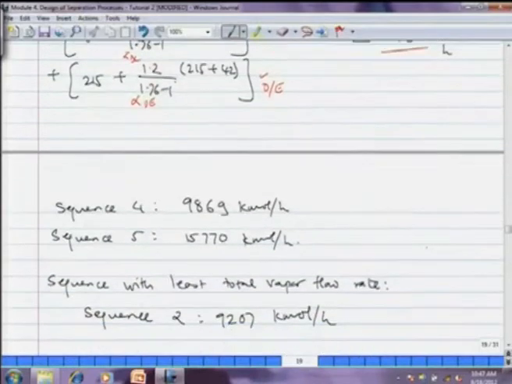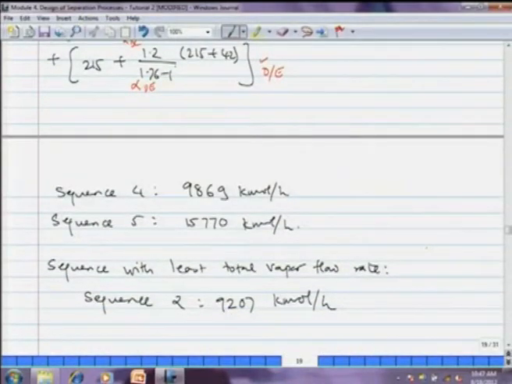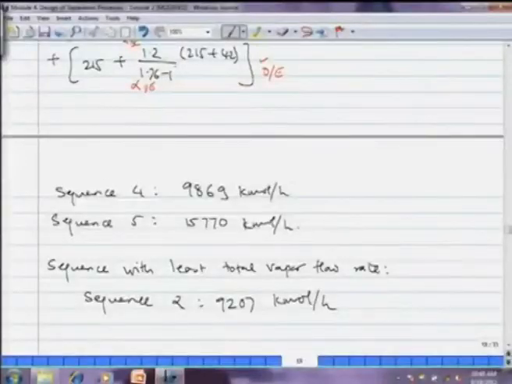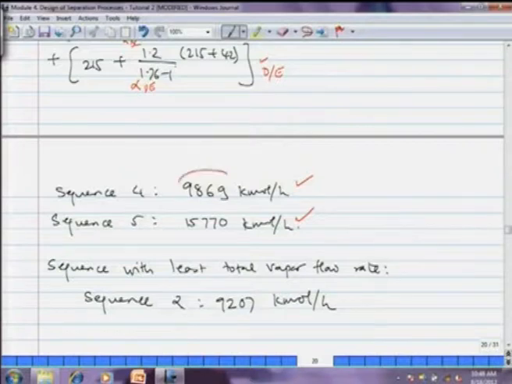Well, sequence 4 and 5 I am leaving as an exercise for you, because the calculations are rather straightforward. The only care you have to take is that whenever you are doing calculation for any column, use the value of alpha between where you are splitting. So, if a column is splitting quaternary mixture BCDE, then for that you are splitting between essentially C and D. So, you have to use alpha CD. If it is CDE, means E being separated from CD mixture, then you have to use alpha DE, and so on and so forth. So, for the 4th and 5th sequence, I am directly giving you the answer.